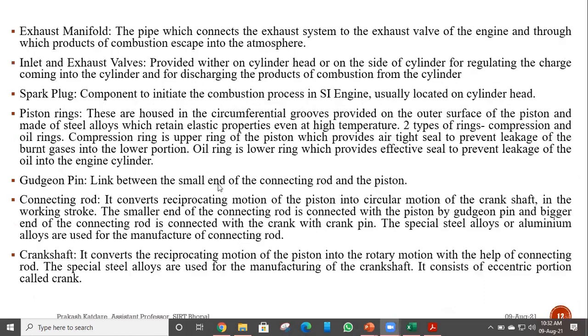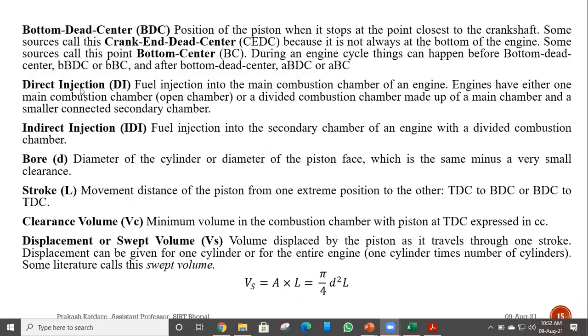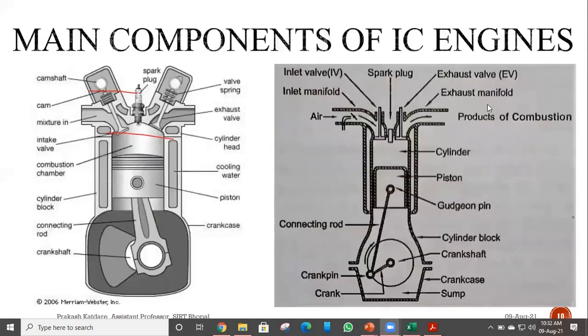Then after top dead center, we have direct injection or indirect injection, DI or IDI. So what are DI and IDI? If we see this particular engine, we have only one combustion chamber. The combustion chamber is the space between the cylinder head and piston, which is available for our operation. That space is known as the combustion chamber. So in this case, we have a single combustion chamber. Whatever fuel or